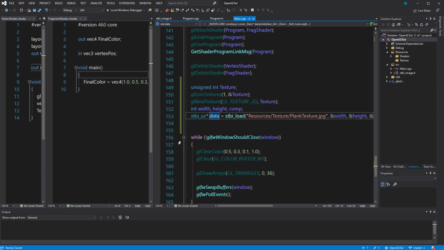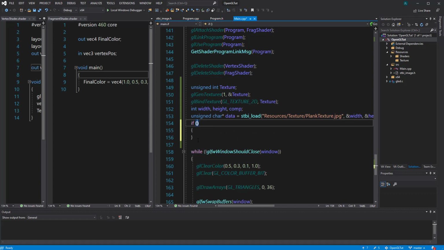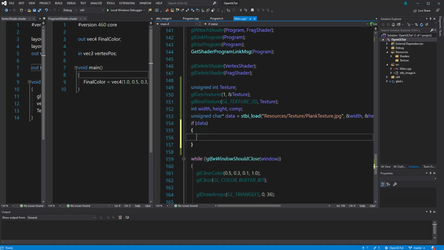Okay, however, that's actually their own type, so if in the future we want to change this, it's better to not use their defined type. But you can see that's basically an unsigned char, so we can change that to unsigned char pointer, right? And that's it. That's how you read the data, right? I'm going to check if the data is in there, right? Then we can specify the